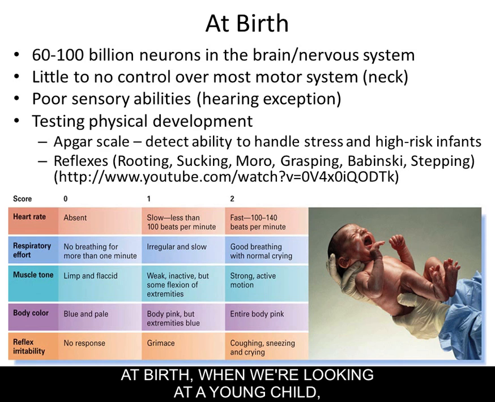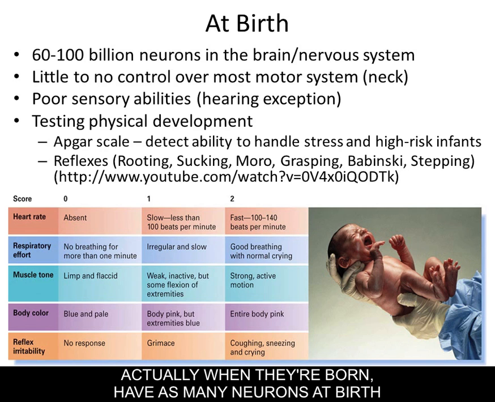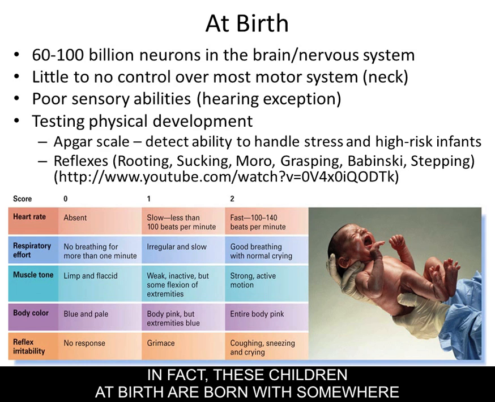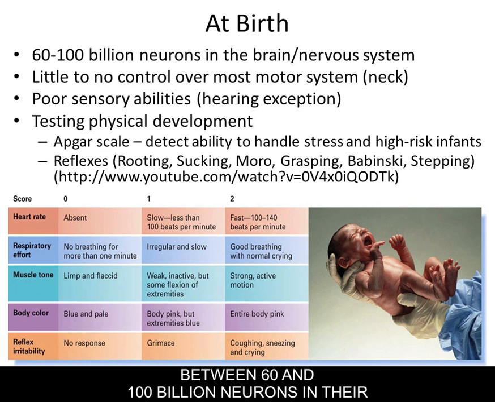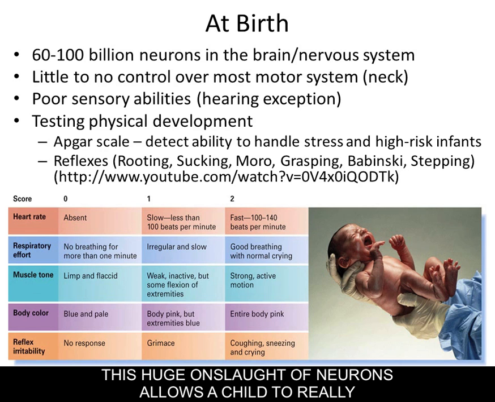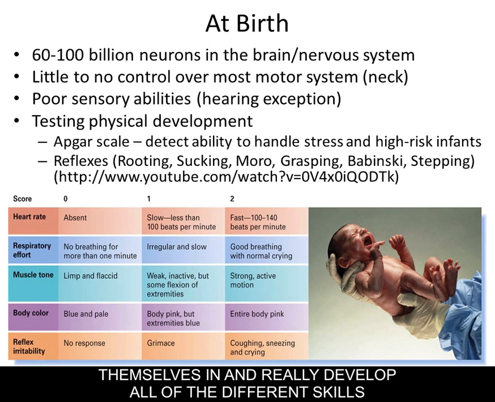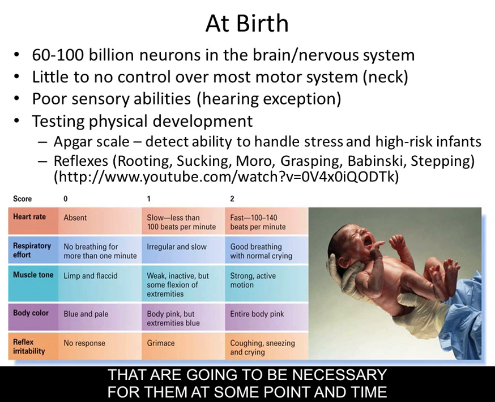At birth, when we're looking at a young child, what we see is that these children actually, when they're born, have as many neurons at birth as they're ever going to have throughout their entire life. In fact, these children at birth are born with somewhere between 60 and 100 billion neurons in their brain and nervous system. This huge onslaught of neurons allows a child to really be able to adapt to the environment that they find themselves in and really develop all the different skills that are going to be necessary for them at some point in time